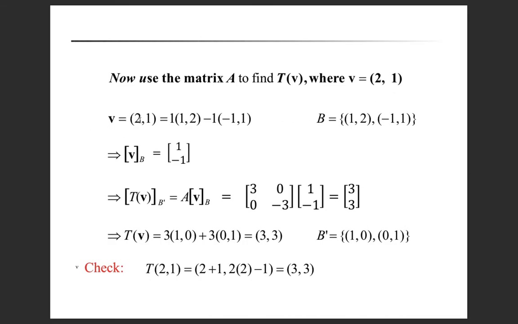So V (2, 1) is equal to, similarly, because the base is (1, 2) and (minus 1, 1). So here it is (1, 2), here it is (minus 1, 1). So now we will find the vectors to be written here and here. On the left hand side we have 2 and 1. Suppose we write x here, suppose we write y here. So x into (1, 2), so this is x plus 2x. Here it is minus y. Sorry, if we write y here, minus y plus y.